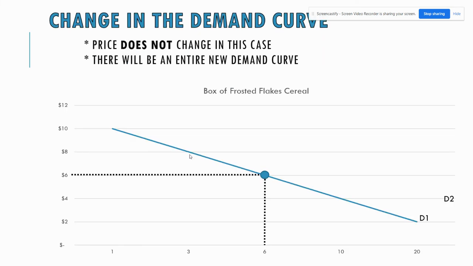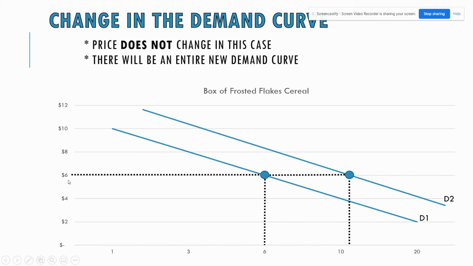So on the graph, again, we have our cereal at $6. If we notice the price is still $6, and yet we're seeing like 11 boxes being demanded, then that tells us something else is making this product more appealing to consumers. Even if they raise the price to $8 or $10, people would still want more of this product,